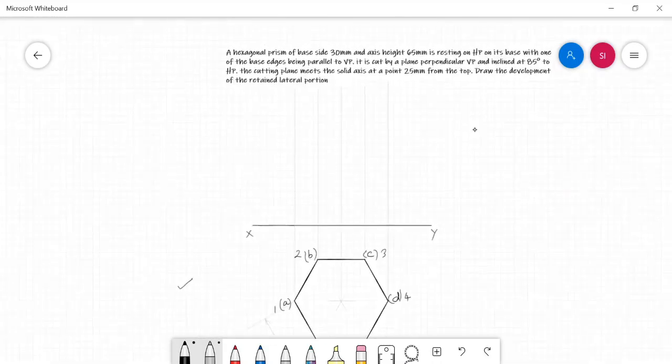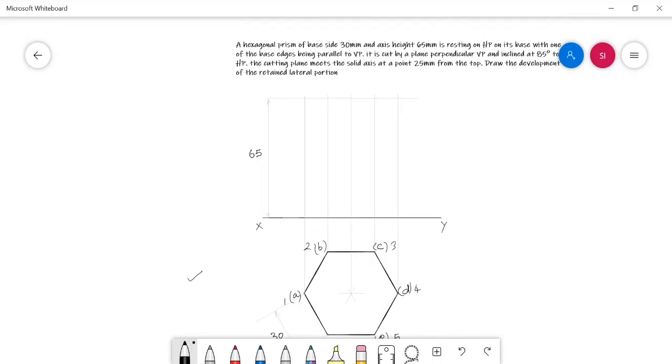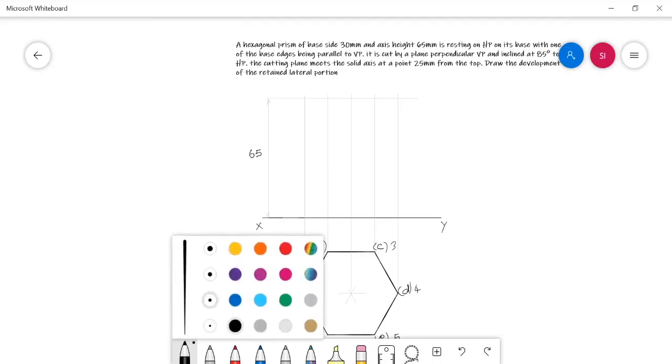The base side of the solid is 30 mm. The axis height given is 65 mm. Let me mark the corners in the front view.